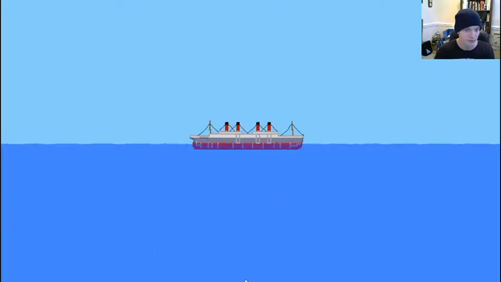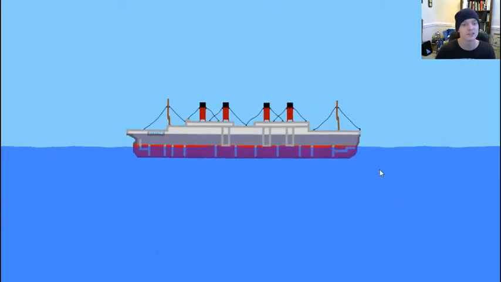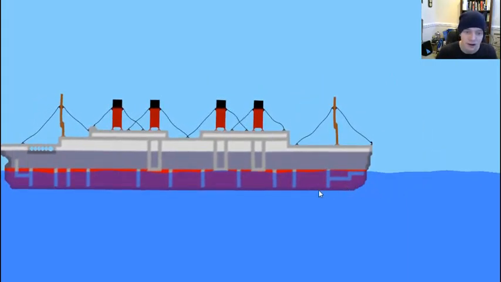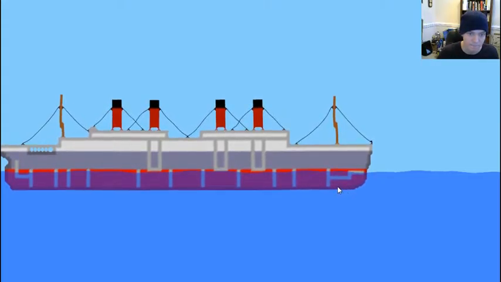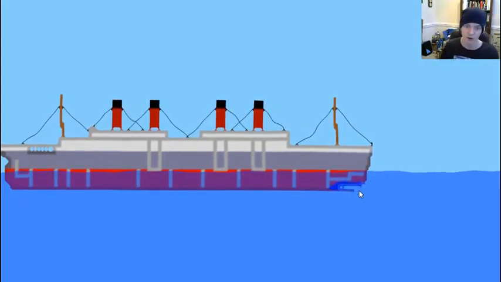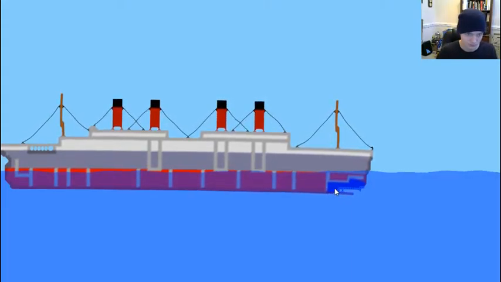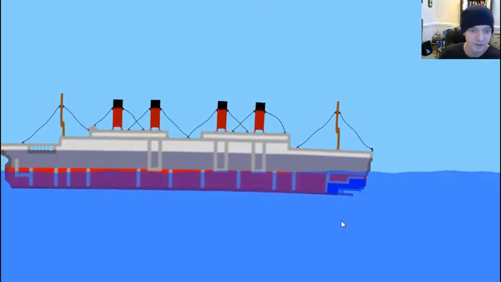Now with Sinking Simulator, I actually enjoy it because I feel like I can do a commentary on it. If you watch my cursor, you can basically cause damage to the double bottom of the ship and the flood compartments to the point where the ship starts to flood. Now, this is going to be fun because the flood compartment has stopped me, but alright,